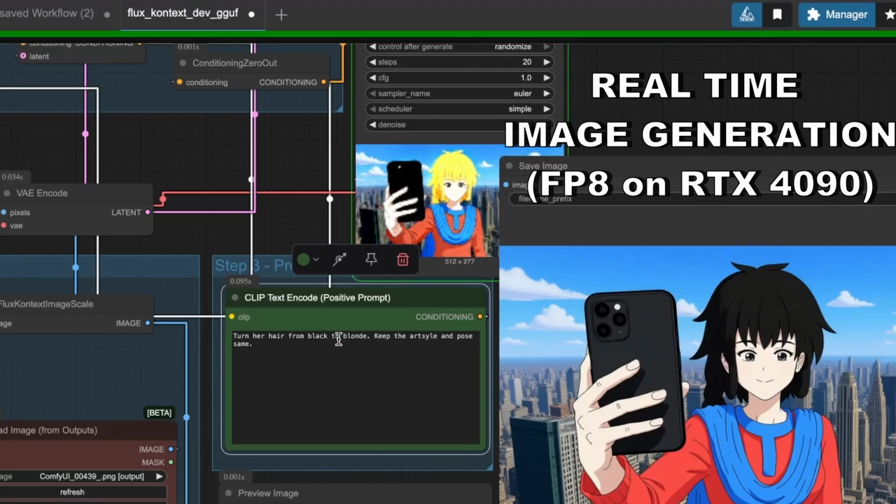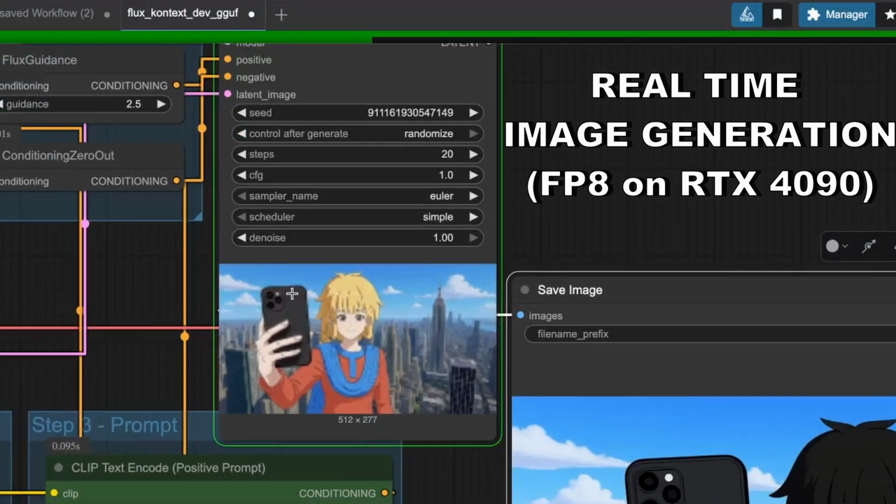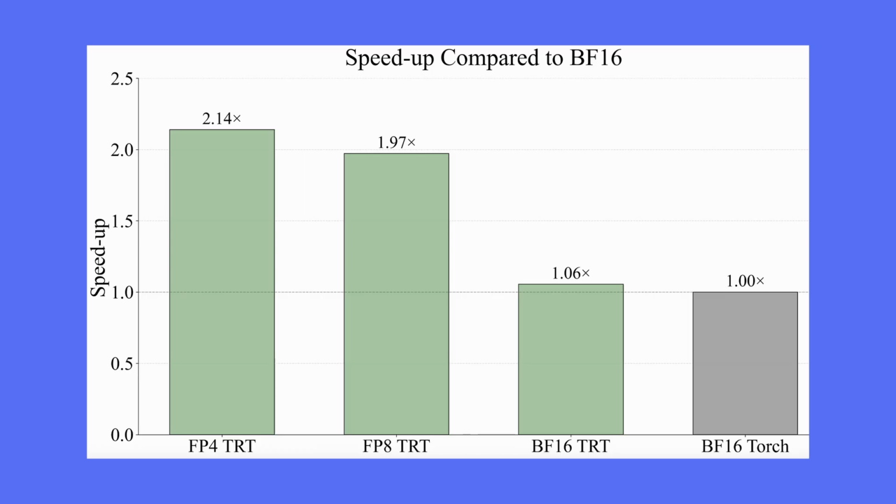Now let's talk about the speed and performance of this model. So this model is pretty fast, as you see, running on an RTX 4090. The speed is really good. This chart right here shows the relative speed boost you can expect when running this model under different precision modes. So what you're looking at is how fast different formats perform compared to the regular BF16 running in PyTorch. Using FP4 with TensorRT, you get almost 2 times the speed,